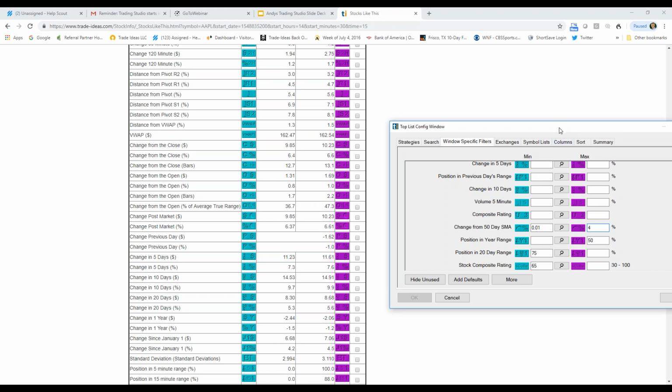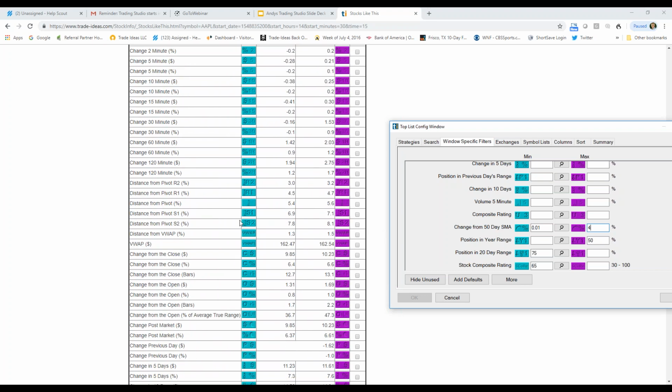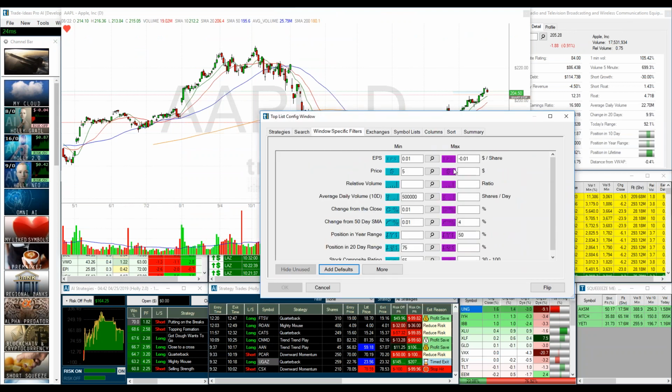So those are the key things I wanted. I didn't care about all this other stuff, you know, pivots, resistance. I just wanted to see things that fit Apple's technical look that I just showed you in the chart. All right, so let's go in here, see what else I used in here.